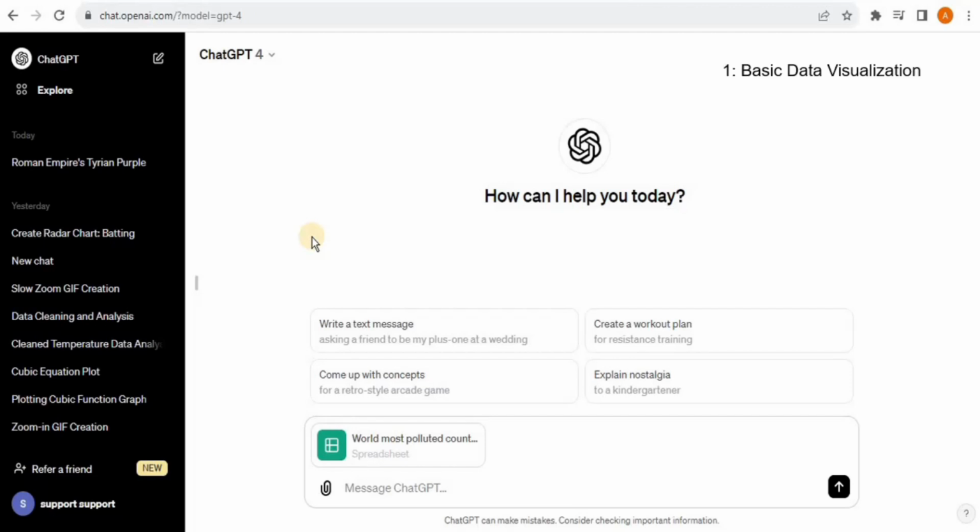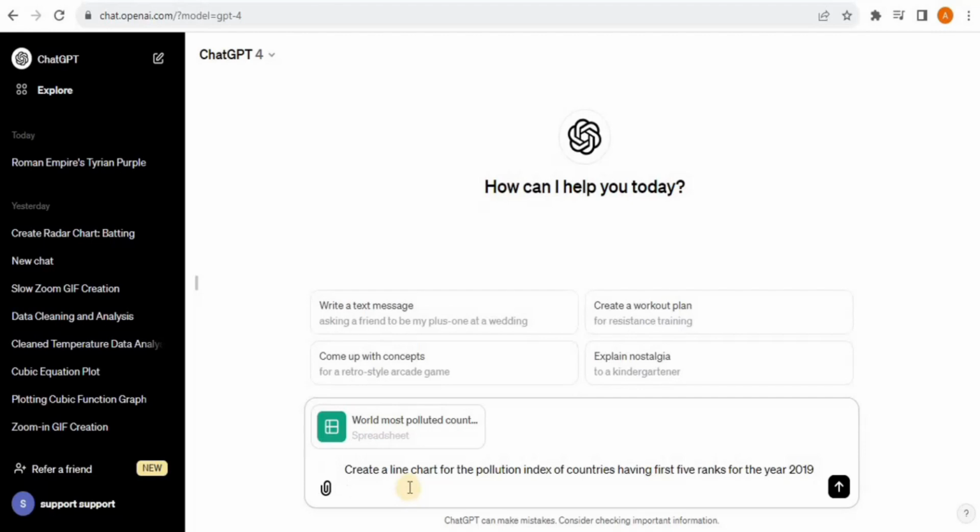Firstly, I am going to perform basic visualization to see whether this new feature performs basic visualization or not. Then we are going to do some data exploration to see how it explores the data and performs different types of analysis on it. And then finally, we are going to see if it can create a complete dashboard for us. So now once it is uploaded, I'm going to prompt it: create a line chart for the pollution index of